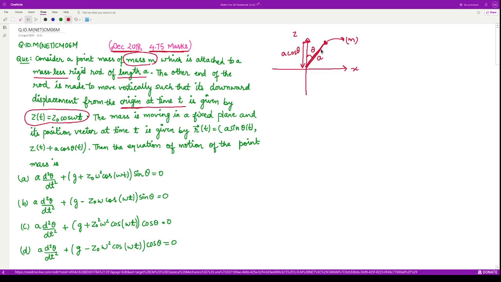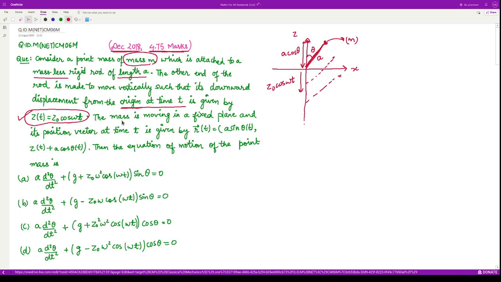So now this rod can move downwards in this direction, and they are saying this curve defines the downward displacement of this rod. So it could be displaced like this or like this, and similarly we can have different positions, and it is given by z0 cos omega t. Therefore,